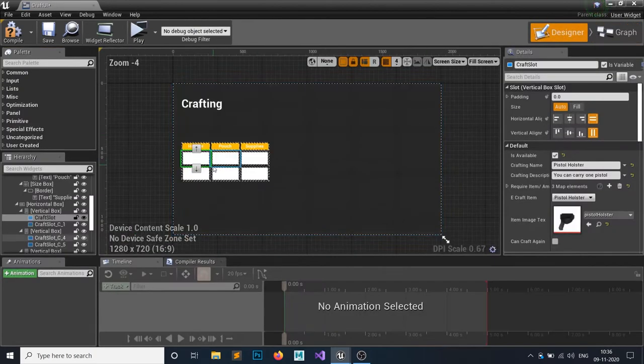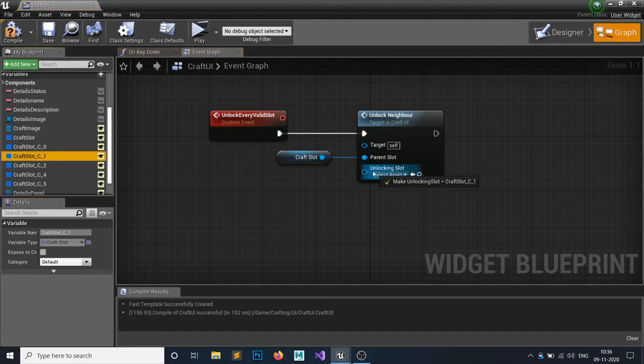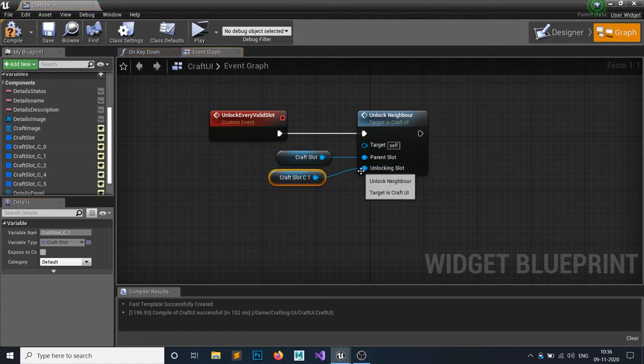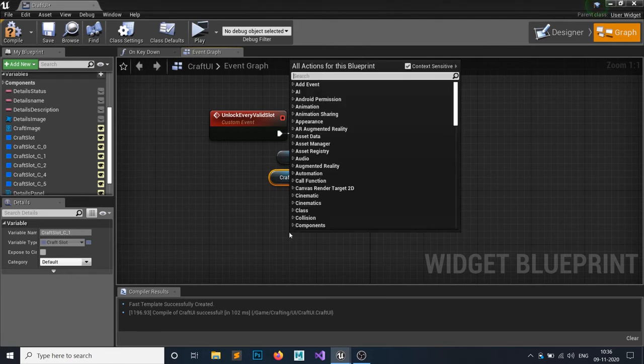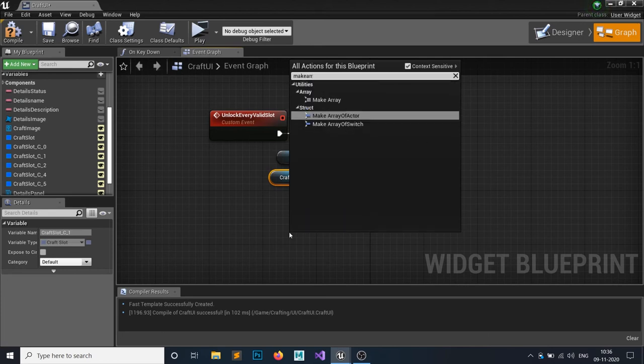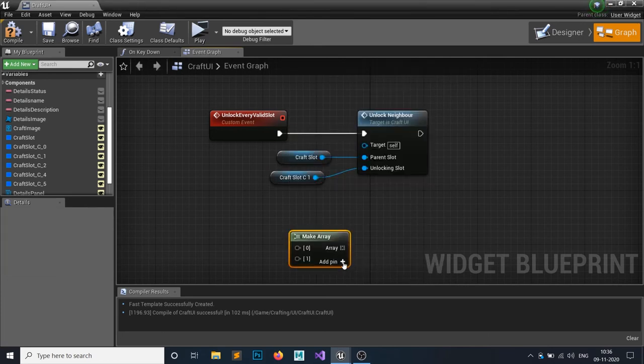And what I want to unlock, this guy, should go in the unlocking slot. If this is an array and you want to unlock more than one slot, you can just make an array and add a pin for how many slots you want to unlock. That's up to you.